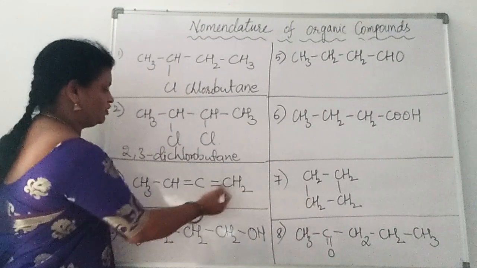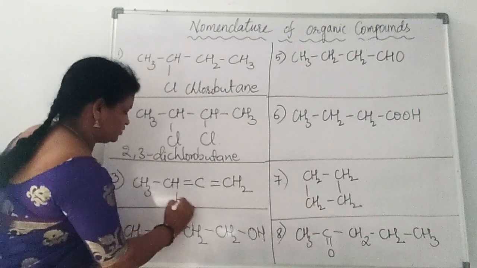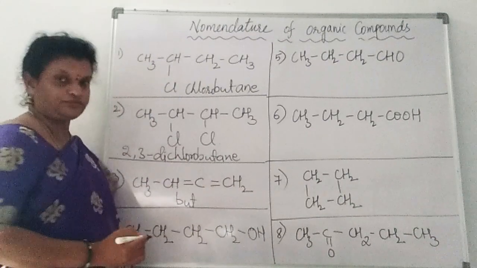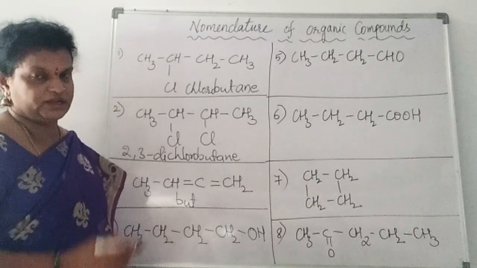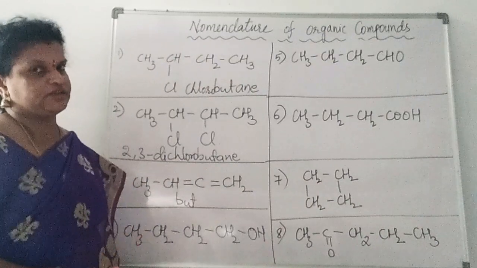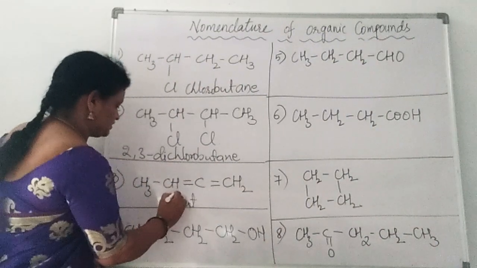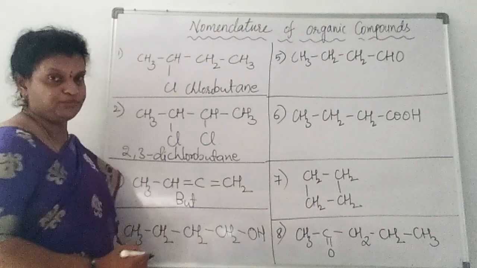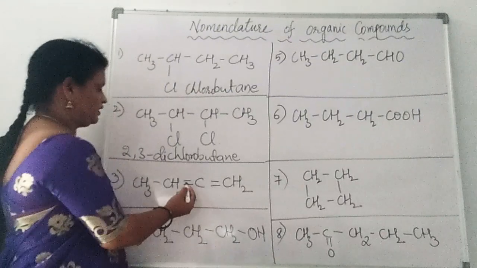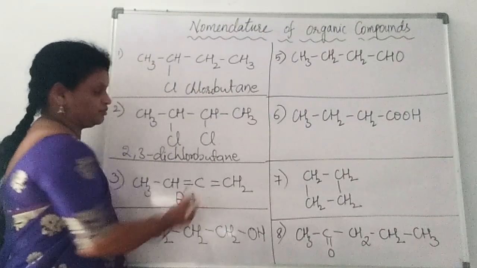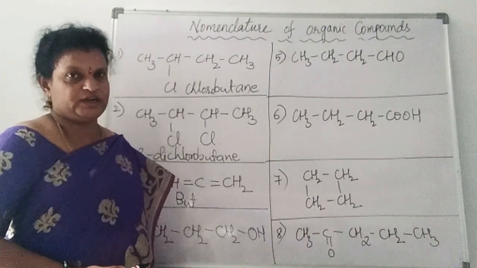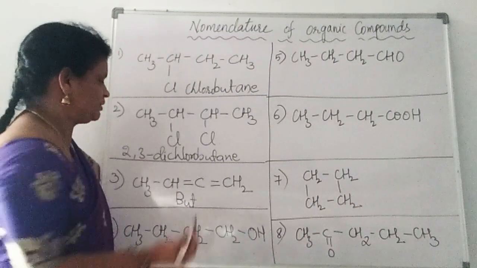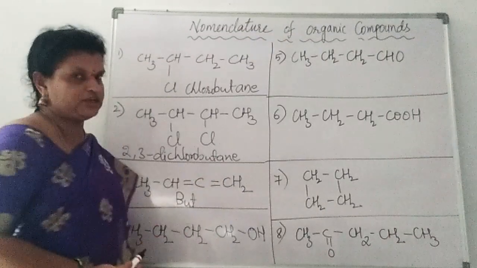Next, coming to third compound. Here also we have 4 carbons. So let us write the root word here, but. Then here we don't have any other functional groups like secondary prefix, secondary suffix are not there. So that is why compulsory we have to write the first letter capital, but. Then after that, here we have double bonds 2 times. Means, what is that suffix? Primary suffix we have to write here, ene. That ene is present 2 times. Double bond is present 2 times.